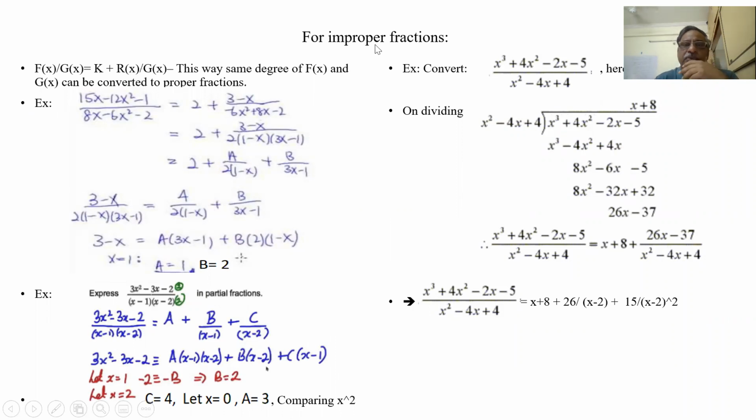So now we have come to improper fractions. See, here f(x) has a higher degree. Here is the same degree: this is 12x square, this is 6x square. Same degree. What is the coefficient factor difference here? 6 twos are 12. So it comes as 2 plus